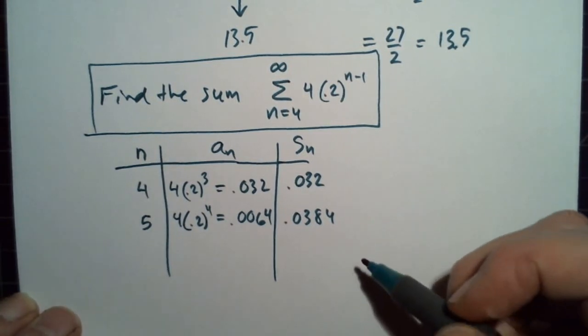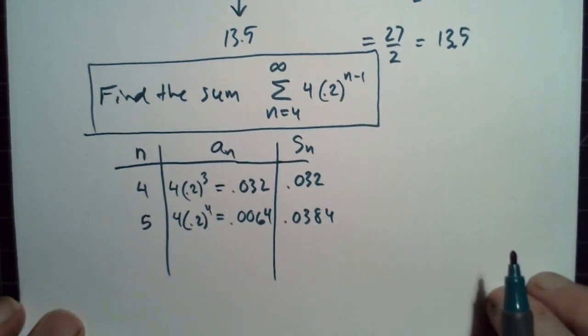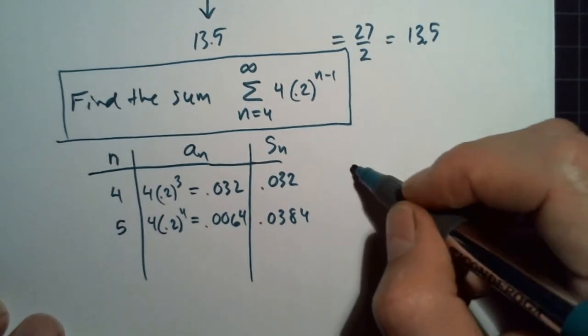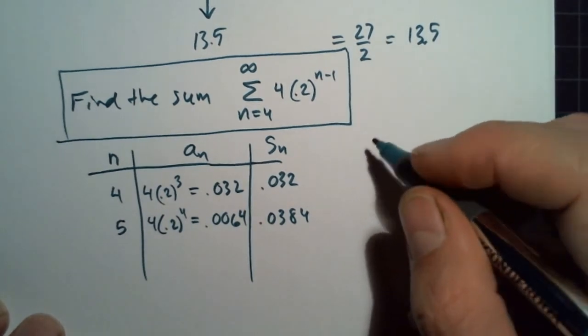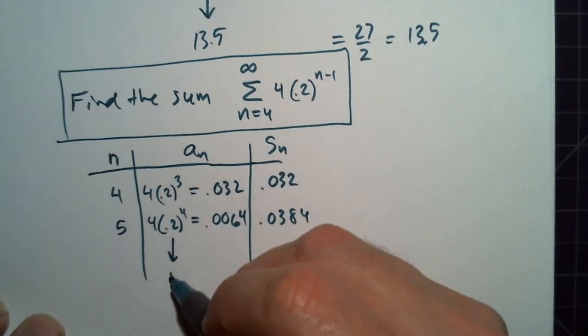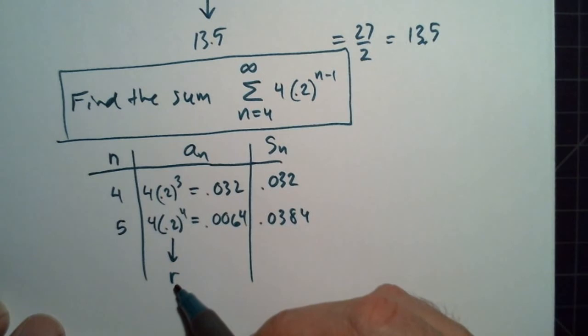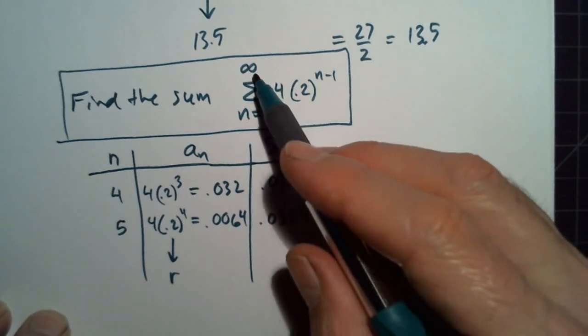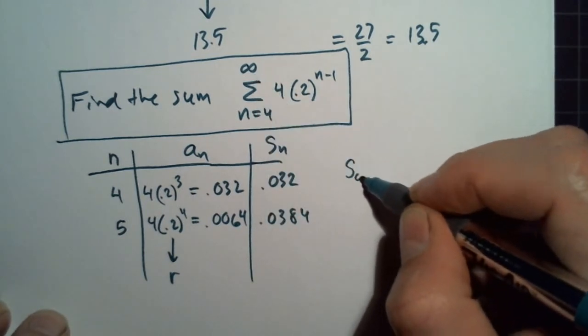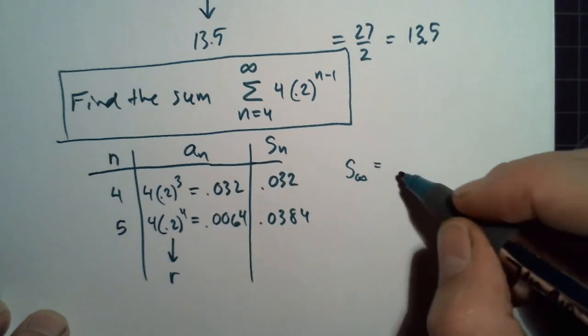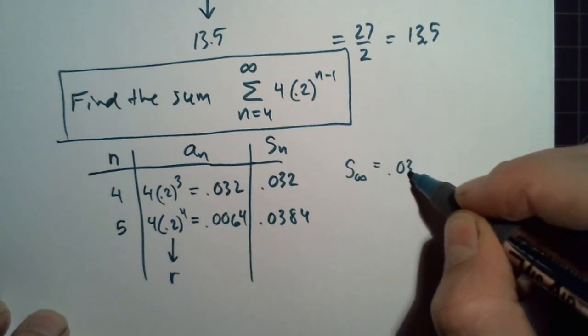And we could continue, and we see that the common ratio is 0.2. Since the common ratio is between 0 and 1, then we can find the sum of an infinite series. So we're going to take the first term, 0.032,